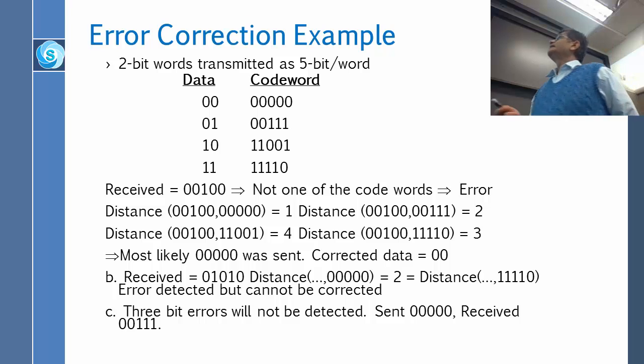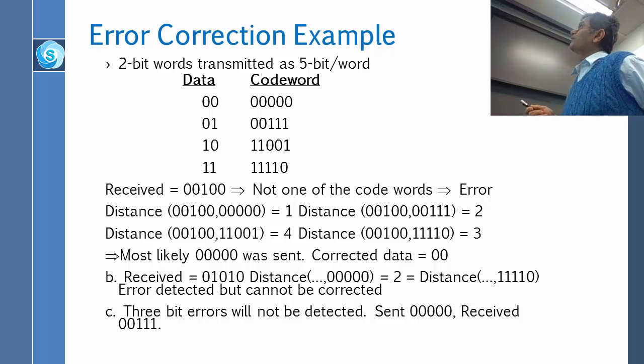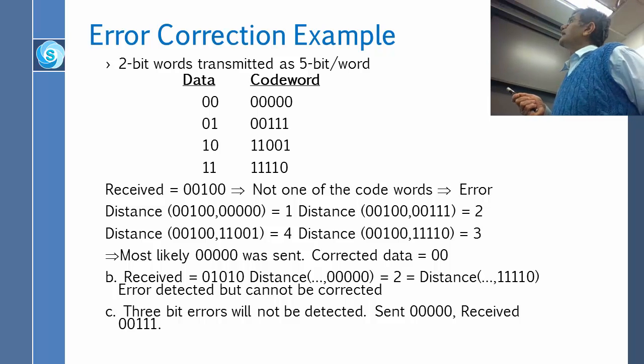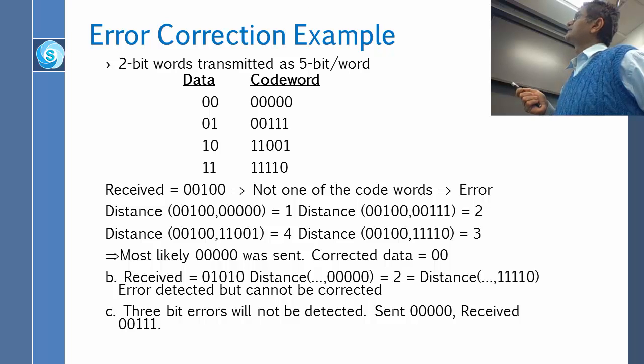So now, the error correction. I'm going through lots of wireless physical layer communication theory quickly, jumping from one topic to the next. Suppose you want to send 0, 0, and we can decide that whenever you want to send 0, 0, I will send 5 zeros. When I want to send 0, 1, I will send 0, 0, 1, 1, 1. When I want to say 1, 0, I will send 1, 1, 0, 0, 1, and so on and so forth. The advantage of this coding, this is actually error detection, error correction coding, is that